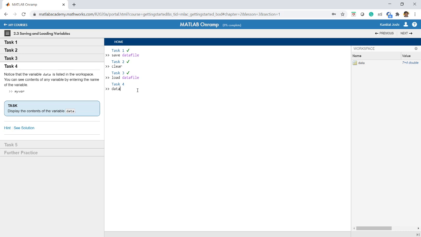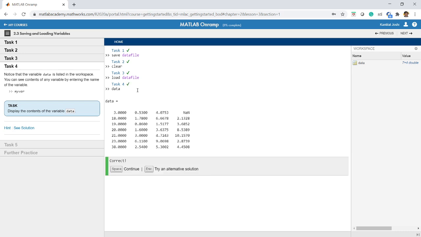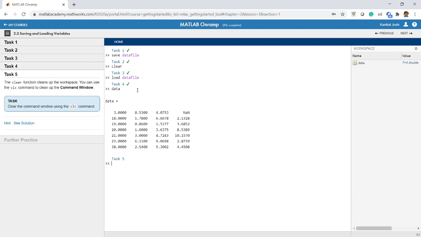I'll simply type data and press enter. It will show me the entire matrix, right? This is what you can do for any variable. Just type its name, and in the output it will show what is contained inside that variable. I think this is very simple to understand. Okay, moving on.